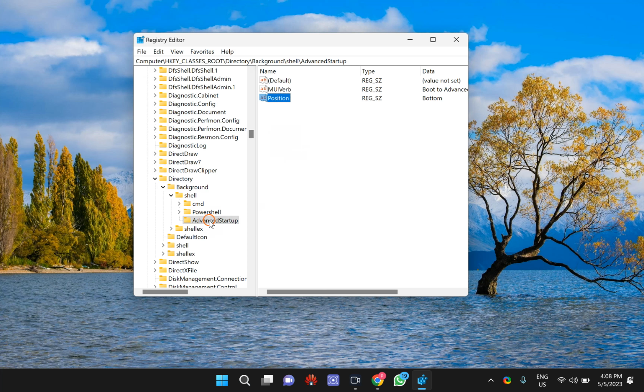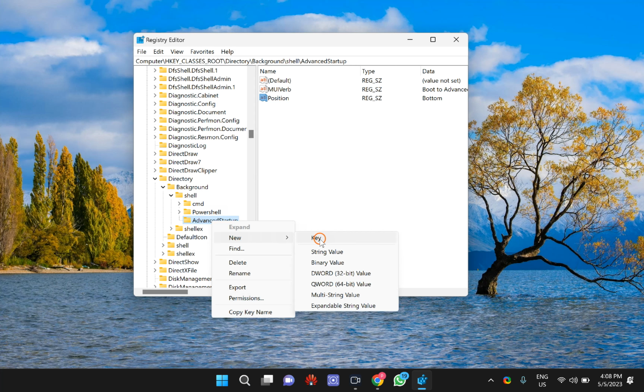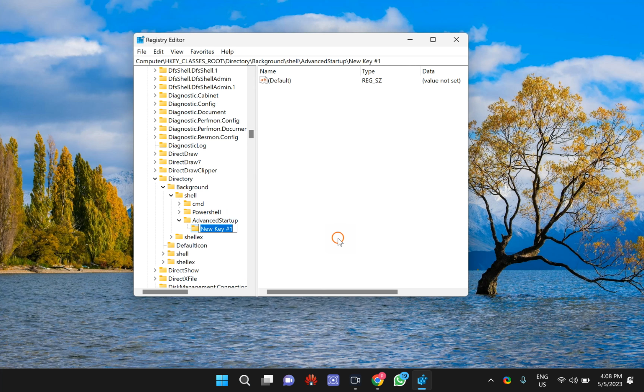Again right click on this advanced startup key, select New and then the Key option. You need to select the Key option this time. In lowercase type here command. Click outside. Now you will see the Default REG_SZ value on the right side.